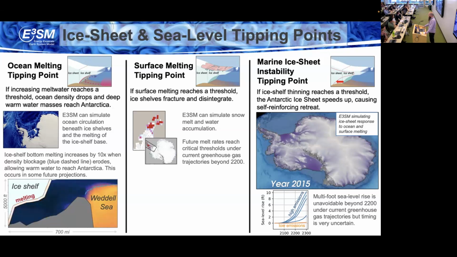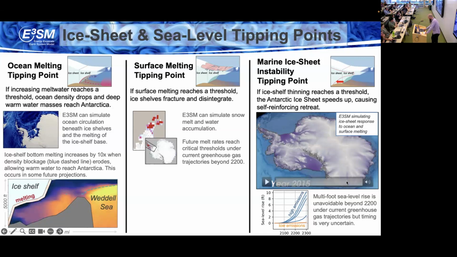Another tipping point in the Antarctic ice sheet is with surface melting. Now, there's generally not very much surface melting in Antarctica presently, but out at the edge of these ice shelves, if surface melting does increase, then it can really degrade the strength of the ice shelf, leading to imminent and quick collapse. And again, these ice shelves play an outsized role in the overall mass budget of the Antarctic ice sheet, because they are the features that are really holding back the mass of the ice sheet that is still on land.